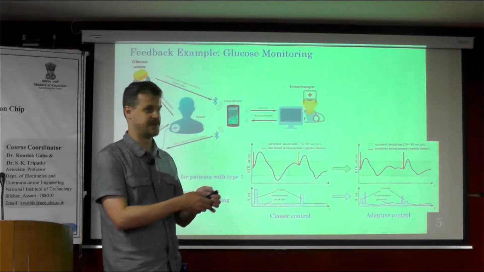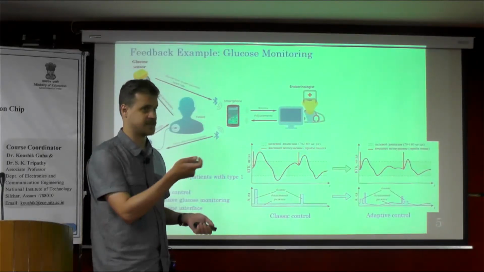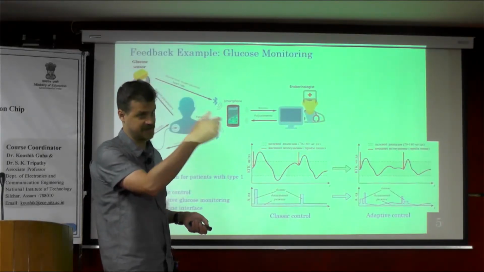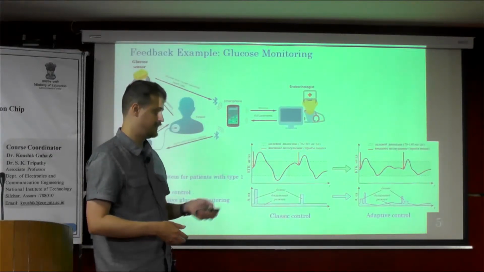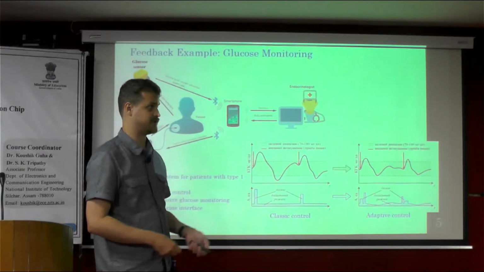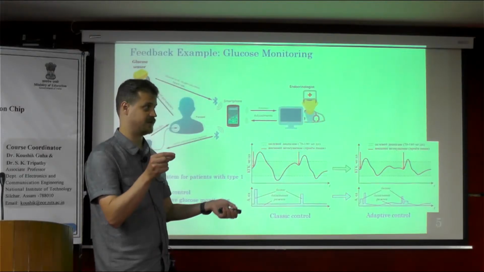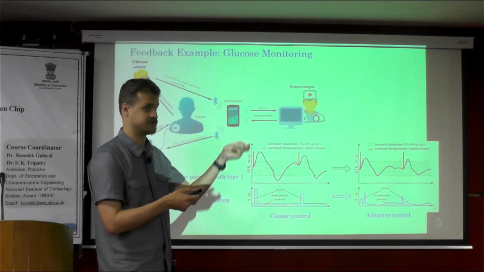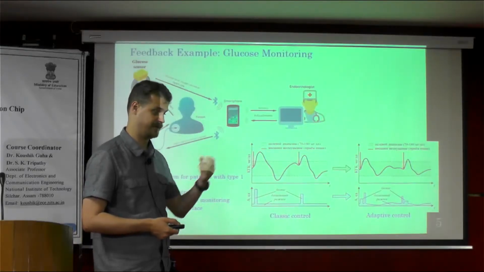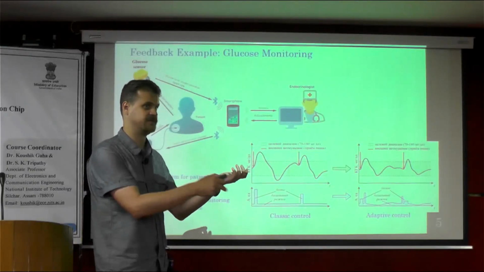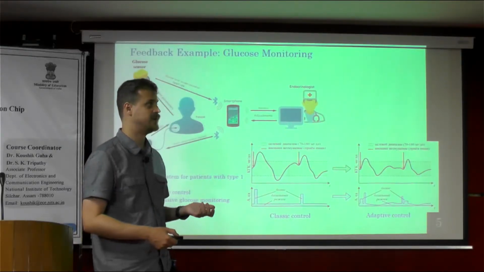Then this blood sample is applied to the substrate with the enzyme that decomposes the glucose and changes the optical opacity of the solution, and then this chip is inserted in the glucose meter or sensor, and this is how the patient has to constantly control the glucose